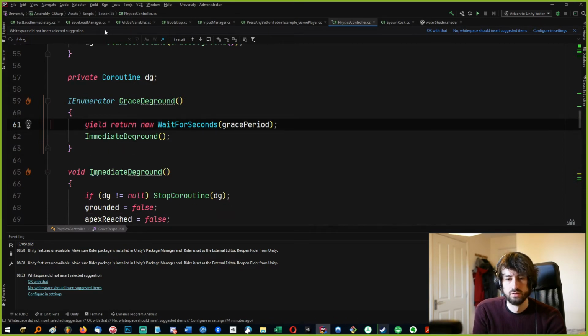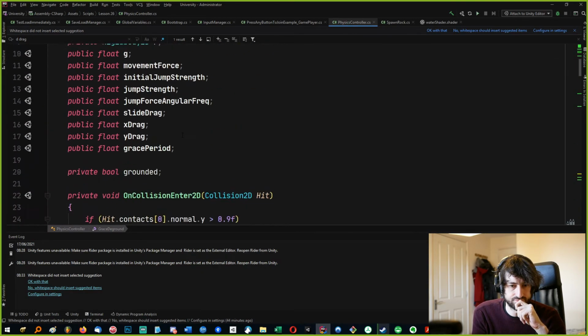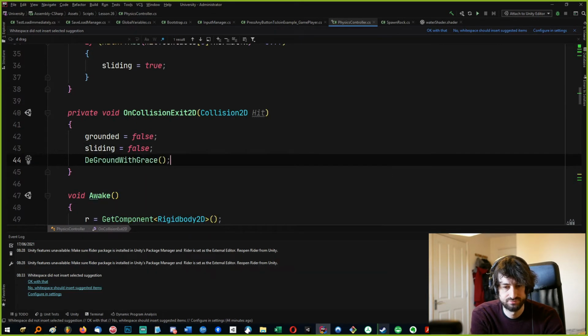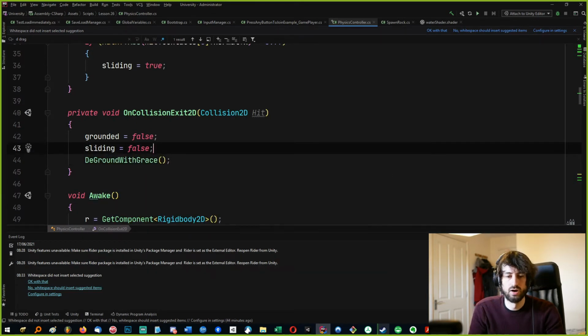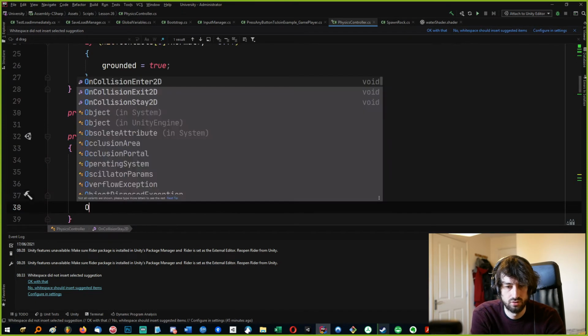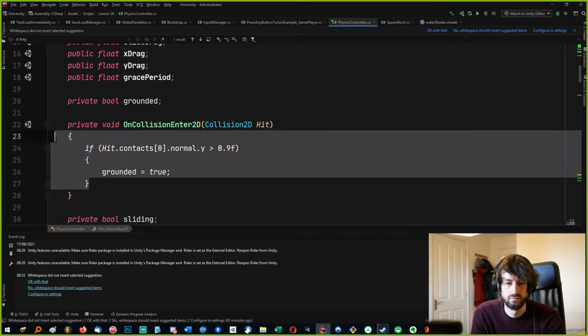Cool. So now in here, when we walk off a ledge, on collision exit, we're gonna deground with grace. What I normally would do is check the Y, but they got rid of that. Stupidly, they got rid of the normal of the exit collision. So my solution to this is that in on collision stay, we'll call on collision enter, and that way we're gonna